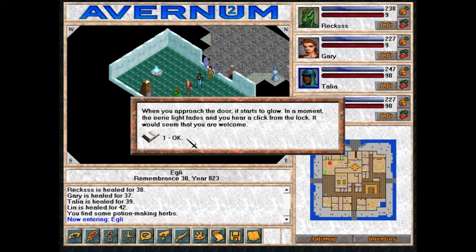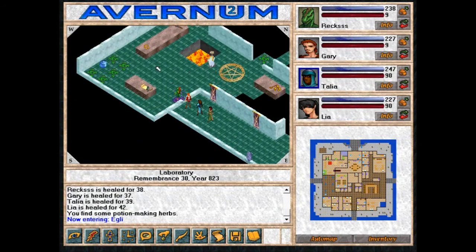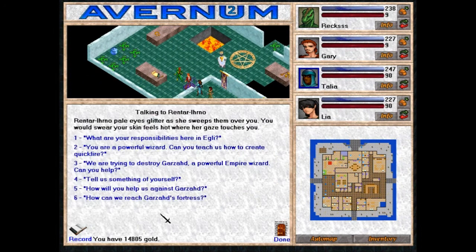When you approach the door, it starts to glow. In a moment, the area light fades, and you hear a click from the lock. It seems that you are welcome. Good! Okay, turns out...